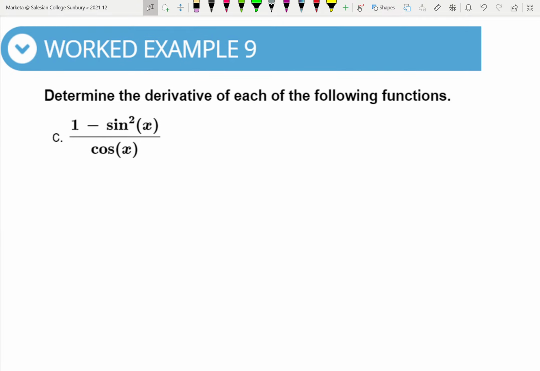All right, let's have a look. This one looks a little hard, and a lot of people would think, well, I can't do it at this stage. It has a division sign or a vinculum, so once you learn the quotient rule, you might think the quotient rule would be appropriate there. And you could use the quotient rule, but this here, this 1 minus sine squared x, if you think back to when we did trig,